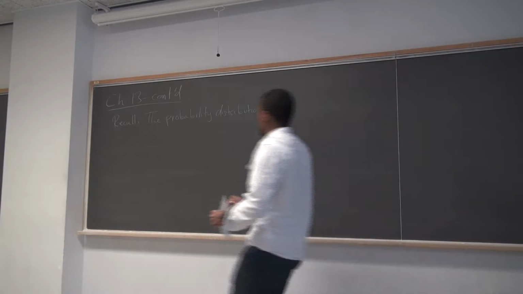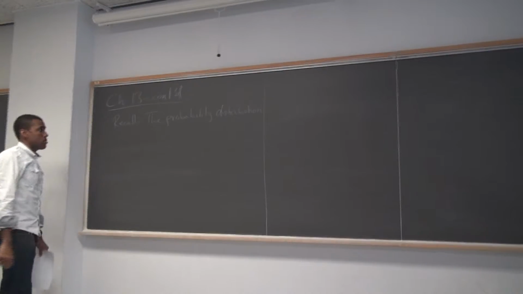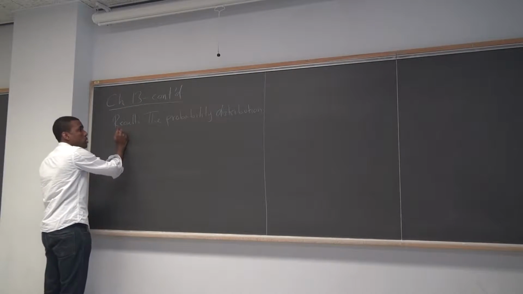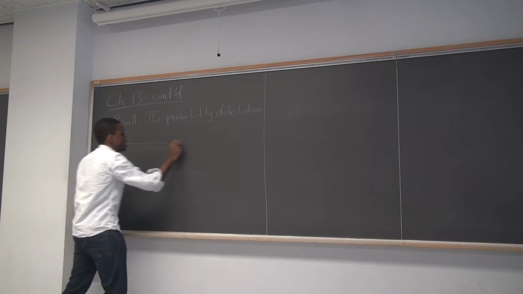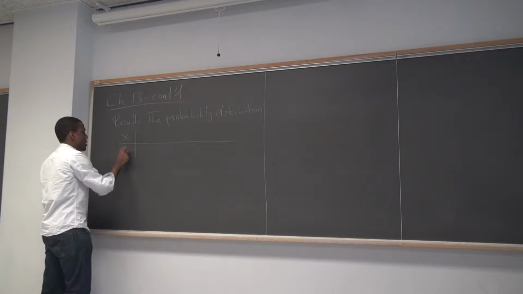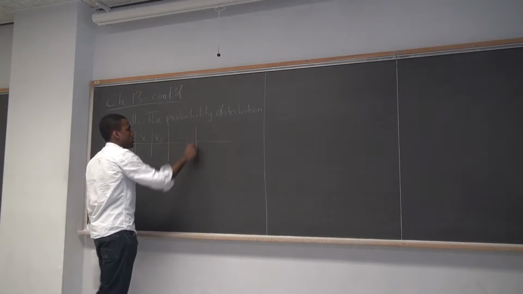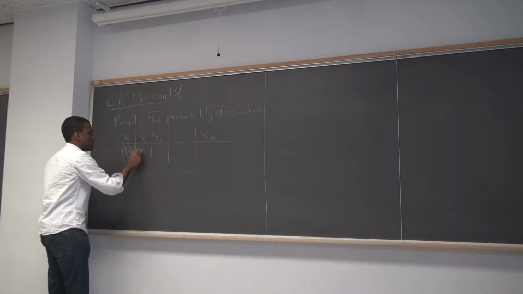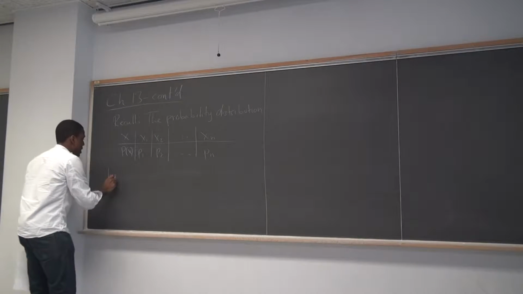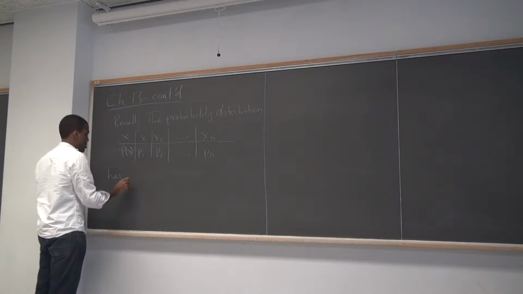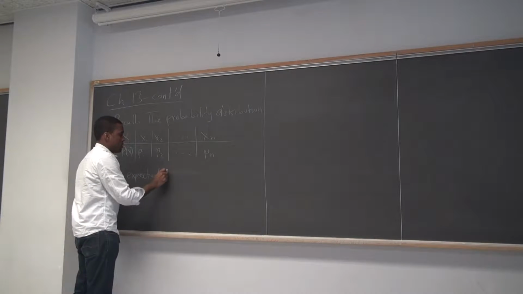Okay, so last time we spoke about the probability distribution. It's basically just a table that tells you the possible outcomes of some random variable and the probabilities of each outcome. Recall the probability distribution x, p of x, where this is x1, x2, through xn, with probabilities p1, p2, through pn, and has expected value